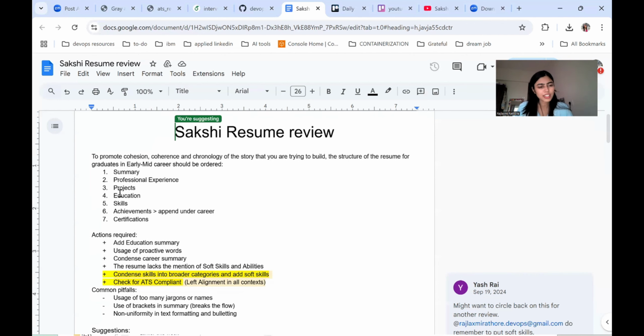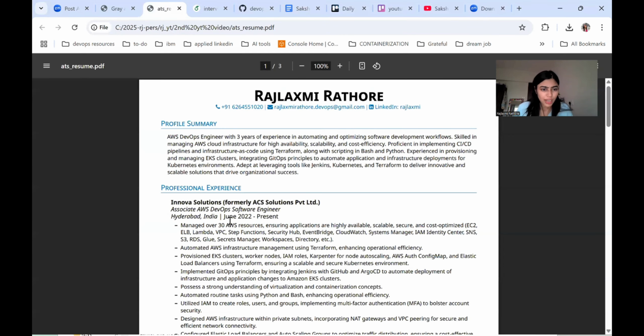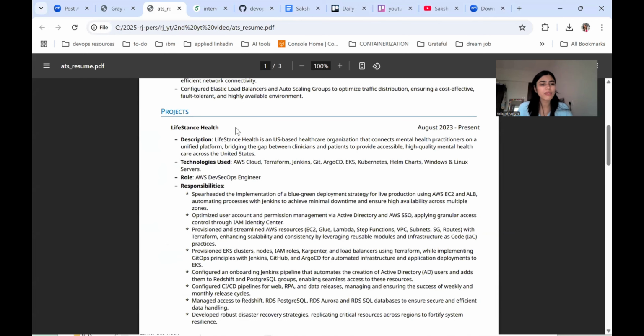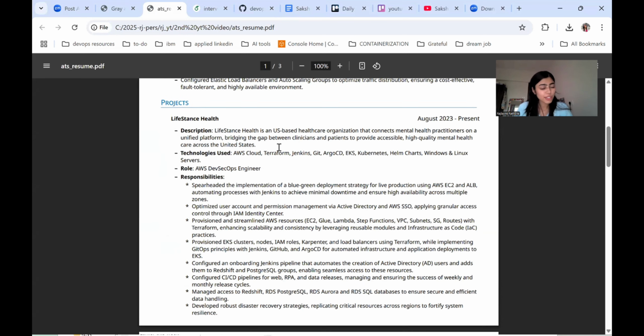Then comes the project. So here, like I showed earlier, when you are showing your project, you should make very clear your project name, then the description, technologies you have used, then what was your role and what were your responsibilities.